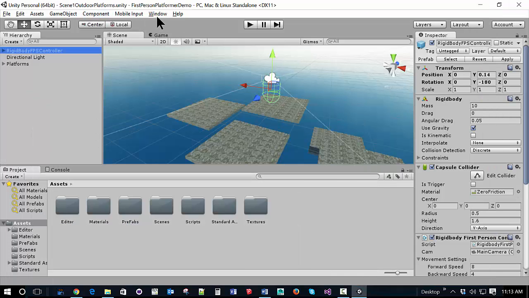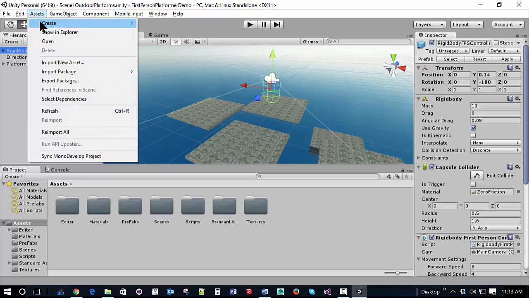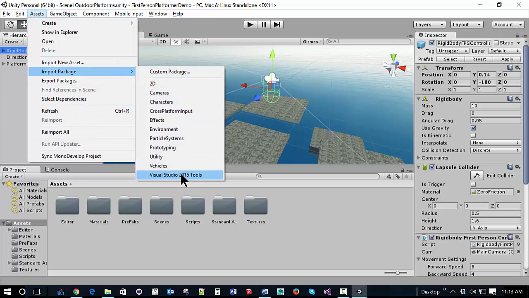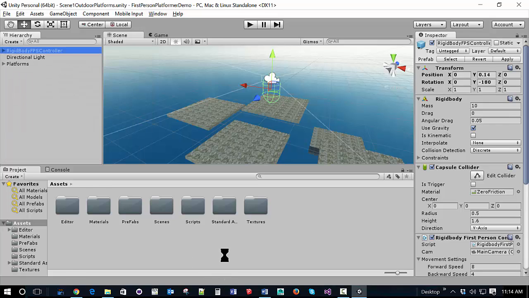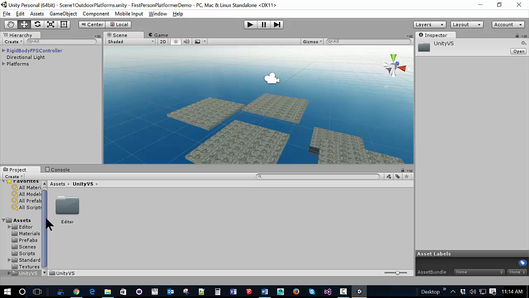Once you have that, you'll need to go to Assets, Import Package, and if you're using Unity 5.1 or earlier like I do, you'll have to import the Visual Studio 2015 tools. If it's 5.2 or later, you'll already have this integrated into Unity. And just to test this out,